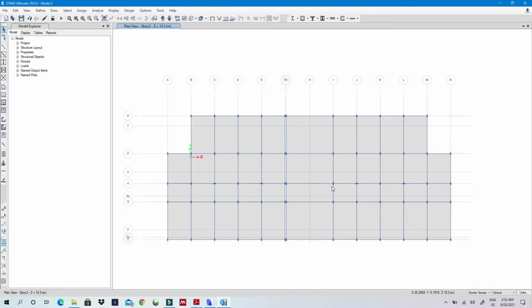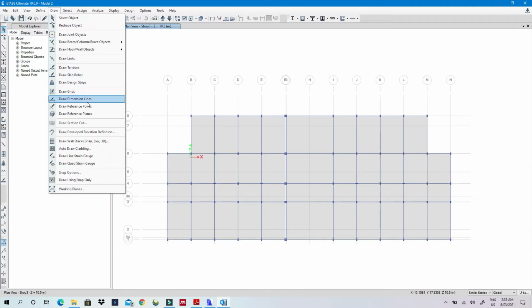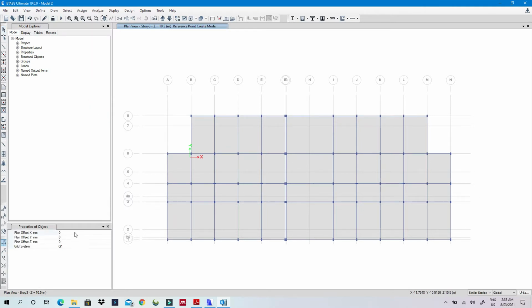So our lift will be from here, and we'll go 2.8 this way, and then to here. You know what, let us do something about it first. Okay, so draw a reference point, and I want to offset it minus 2800, and